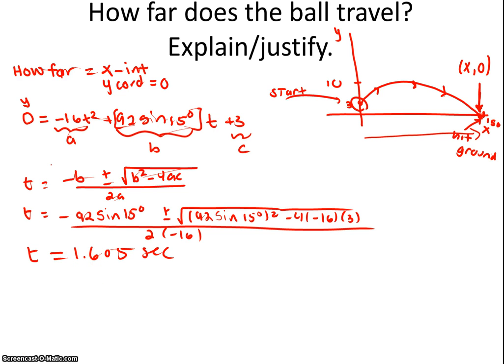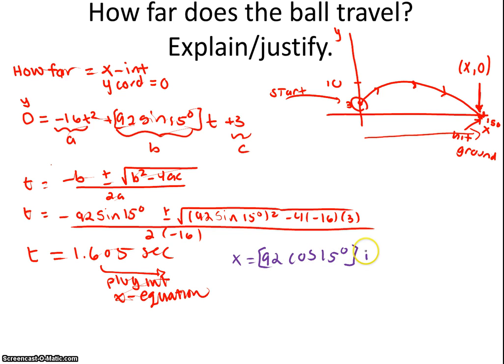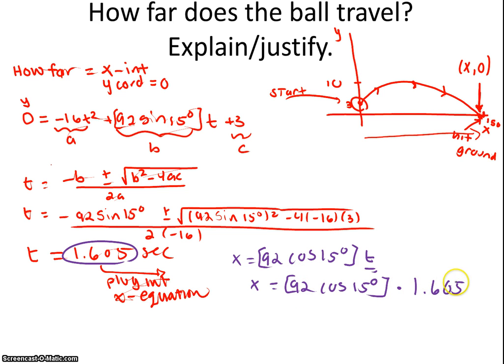So I'm going to go ahead and do that now. My x equation is x equals 92 cosine of 15 degrees, and I'm going to multiply that by t. So I'm going to plug 1.605 in for t, and I get x is 92 cosine of 15 degrees, and I'm going to take that whole number and multiply it by 1.605 seconds. And when I plug this into my calculator, again, still in degree mode, I'm going to get how far the ball went, which is